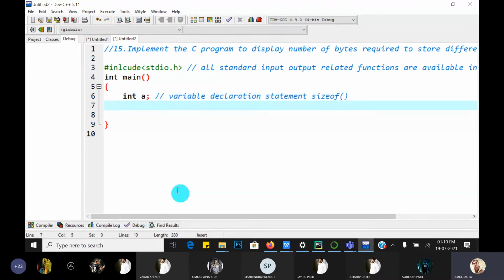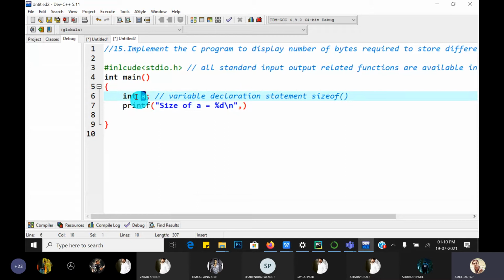Okay, next, how to demonstrate it? Just print the size. printf in double quotes, give the message size of a is equal to %d \n. So why do we give %d? Because the size, that is integer, float, double, is in numeric, that is decimal format. So it is 4, not 4.5 like this, in float format.